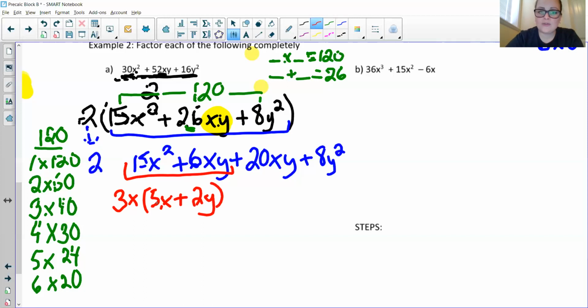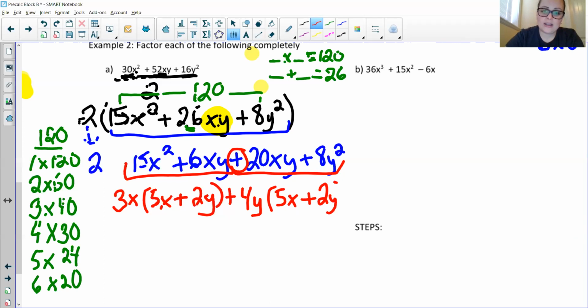And you're going to do the same thing for the second two terms, remembering that this symbol is the symbol that goes down here. And the number that goes into 20 and 4, the largest number is 4. Okay. And the variable that is common between both those two terms is a y. All right, so 20 divided by 4 is 5. The x remains, but the y gets canceled out because it got divided out. 8y squared divided by 4y is going to give you positive